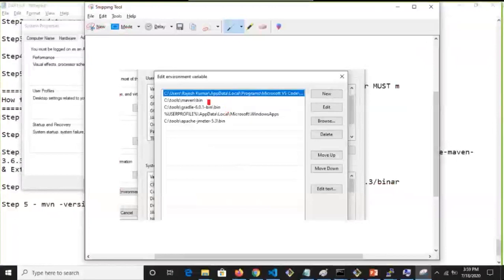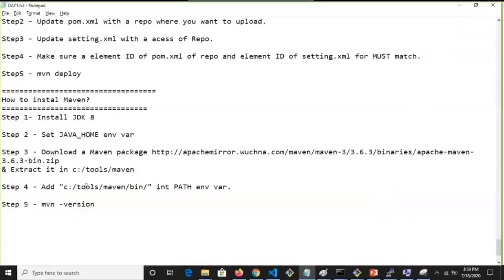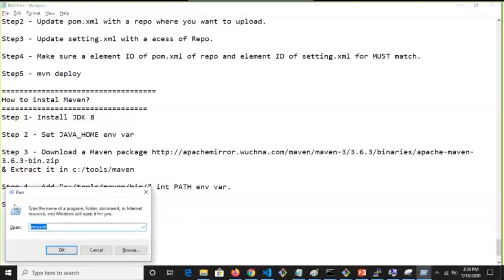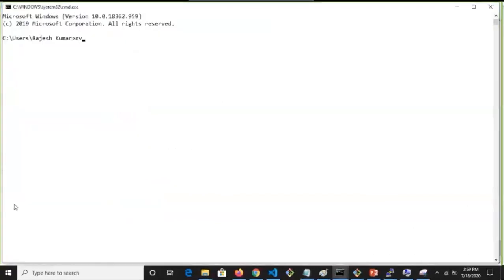See this. For me, C tools Maven. For you, C tools Maven. Same thing. Whatever I follow, I am teaching. So this path can be anything, guys. It's just that I want the same path and Maven version. So let's do that. Command line: mvn